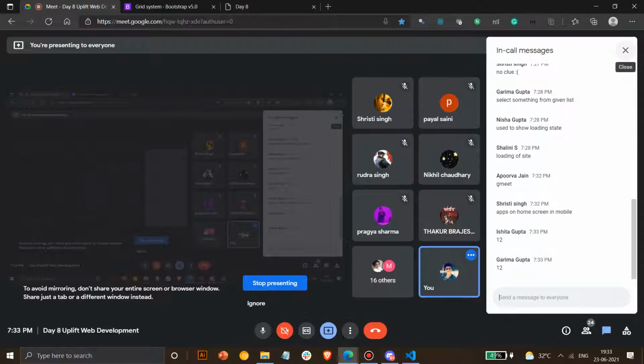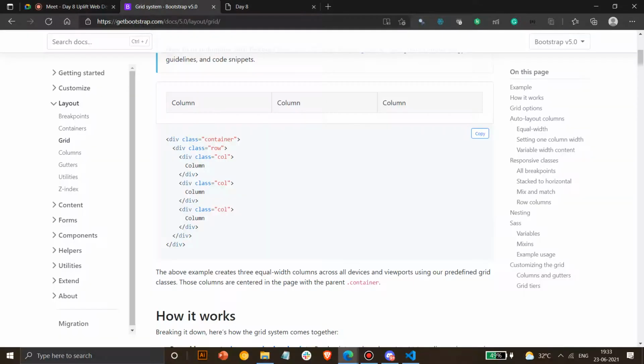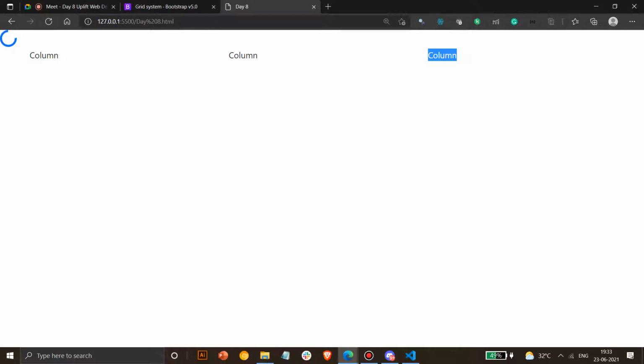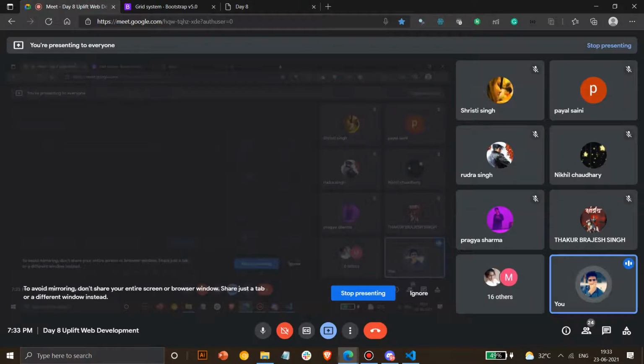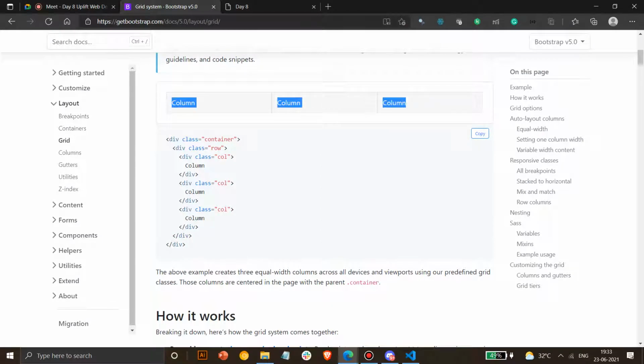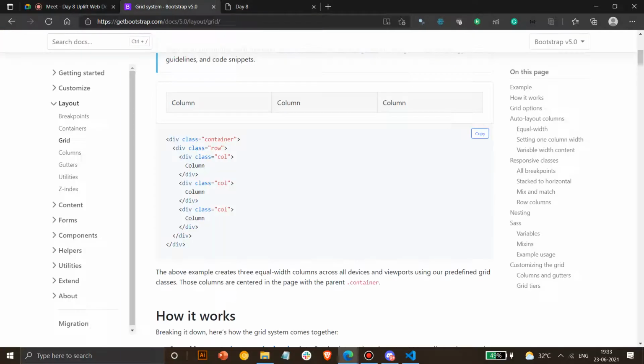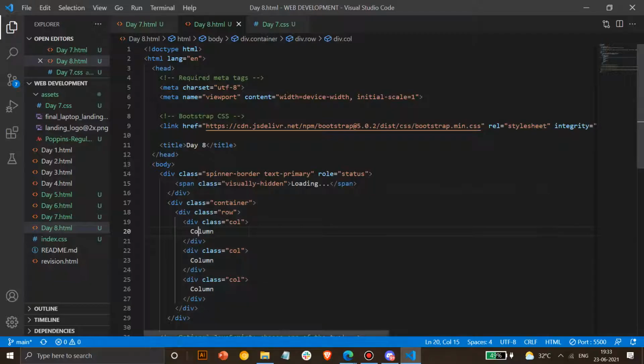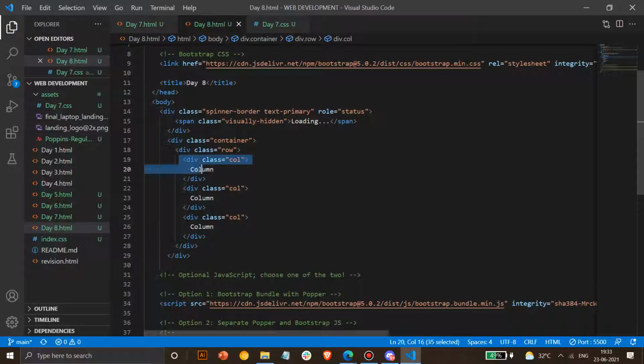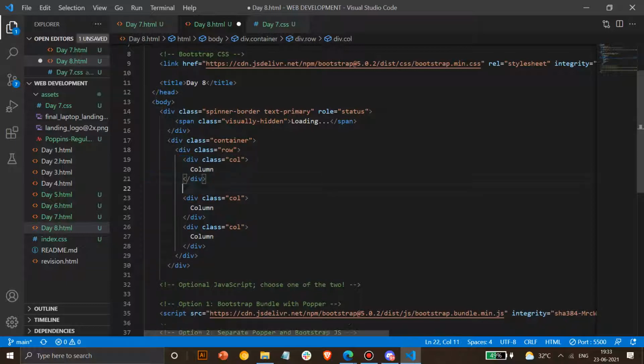Yes, apps on our home screen. Very good. Whenever you work in responsive sites, these all are in grid system. Yes, that's correct. It's 12. So always remember that you can have maximum 12 items in a row. Nothing beyond it, because if you go beyond that, the problem is you can't see the text properly. So if I even do this in here, you can see. I'll show you just for example if you want to see.